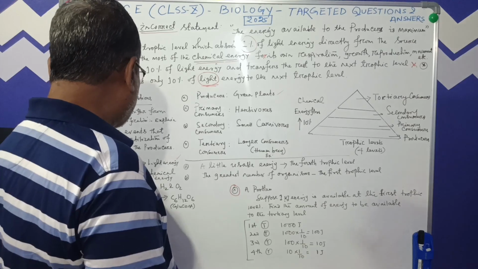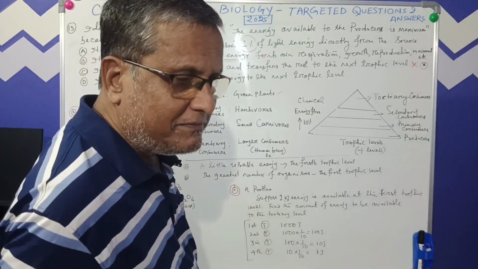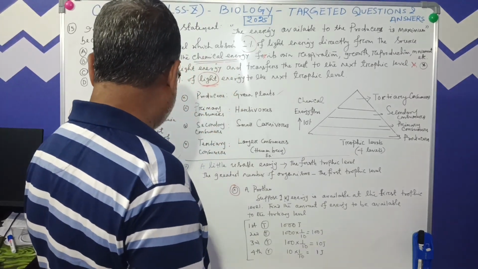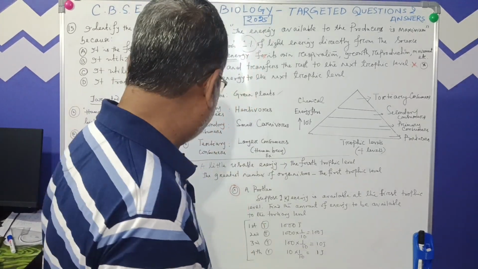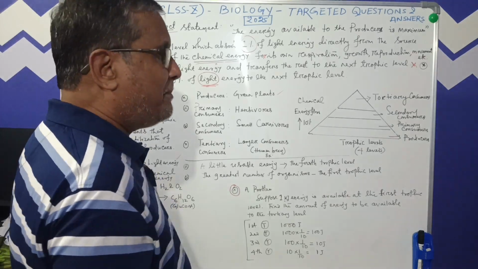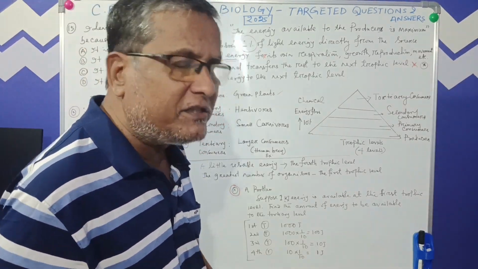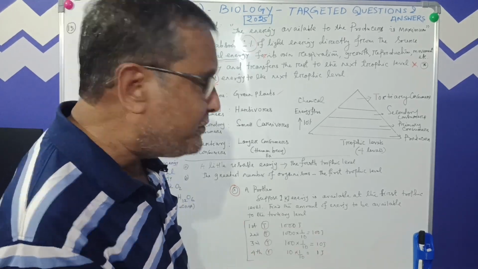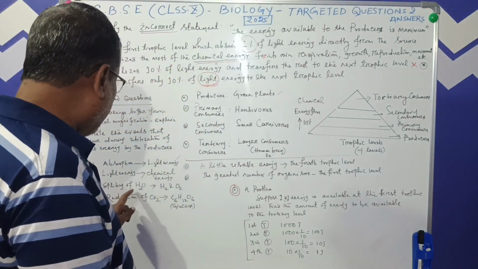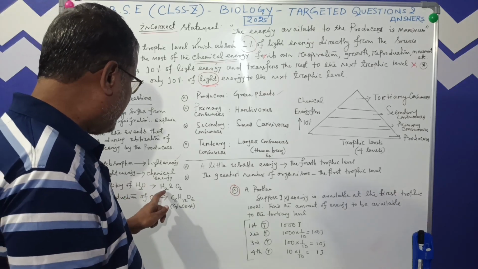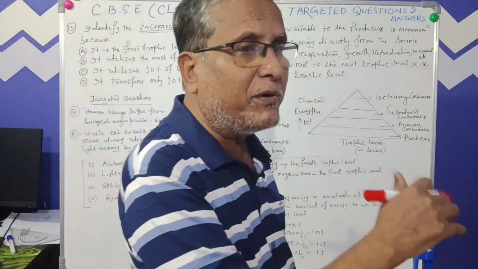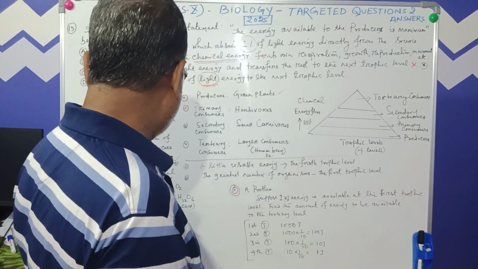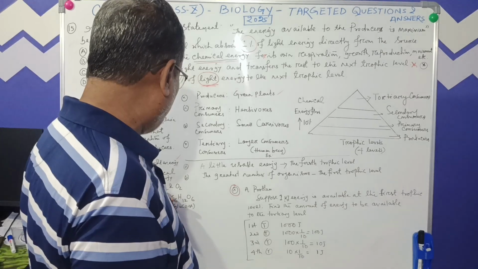Then light energy is converted into chemical energy. You see the chemical energy you have mentioned here. The light energy is turned into chemical energy. How? By a chemical process. That phenomenon is called photosynthesis. Photo means light, and synthesis is preparation of food. Then splitting of water molecule into hydrogen and oxygen. This is very important. During that process, the water molecule breaks down or splits into hydrogen and